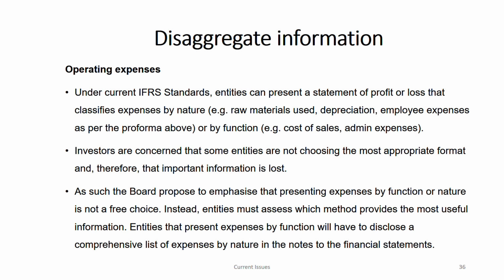So in short, you have to disclose both types of expenses. One you are giving on the face of the statement of profit and loss, the other one you are giving through notes. So in short, you are doing both ways. It's a lot of work, but there's no other way, right? Users need to be protected. They need to know this. So you are giving a comprehensive list of expenses by nature also: in one place by function, the other place by nature.